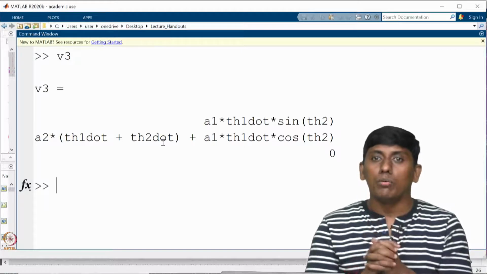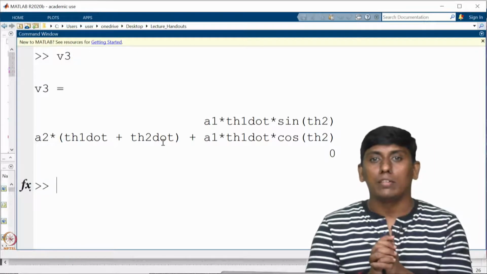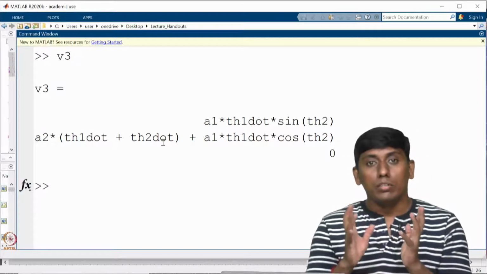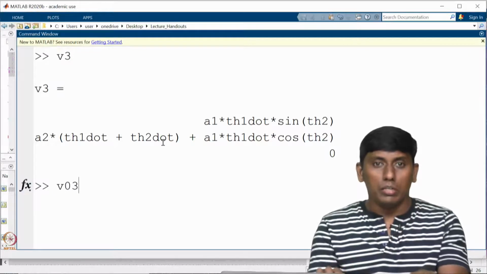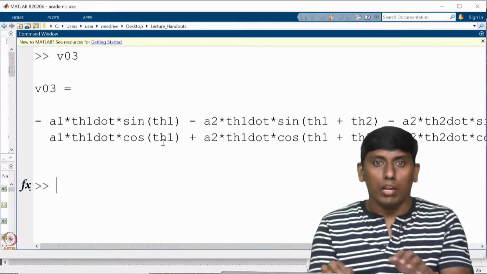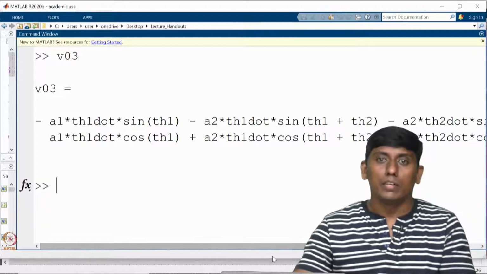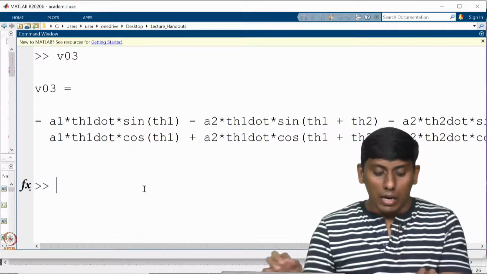So you can see now the V3, the x axis velocity is added, but on the y axis you can see something is added. Okay. So this is all with respect to something, but what we wanted is V03. So V03 is what you wanted. This has a lengthy equation, right? But this lengthy equation you can reduce to a simple one.